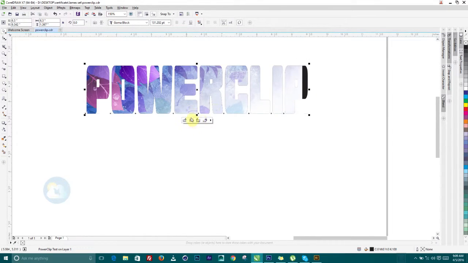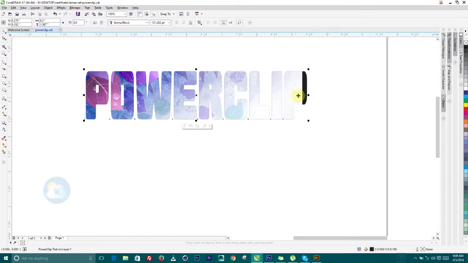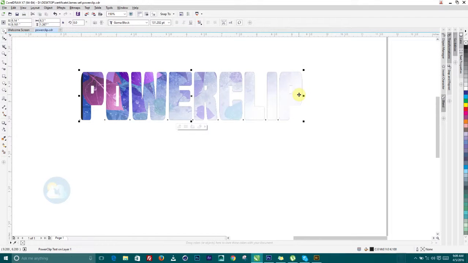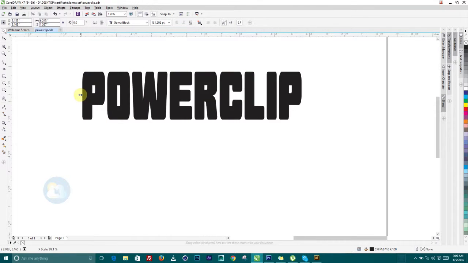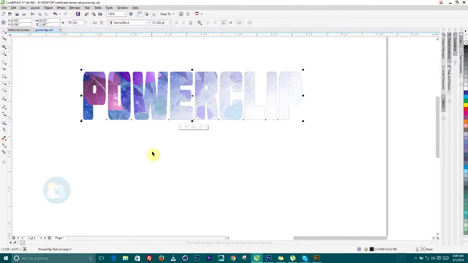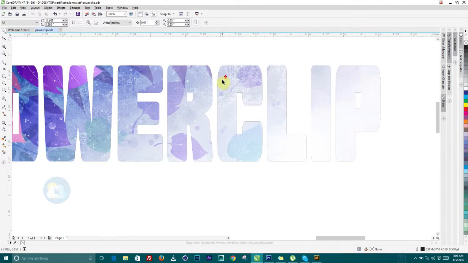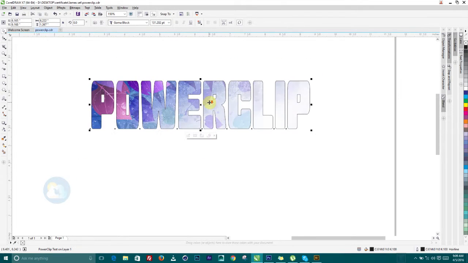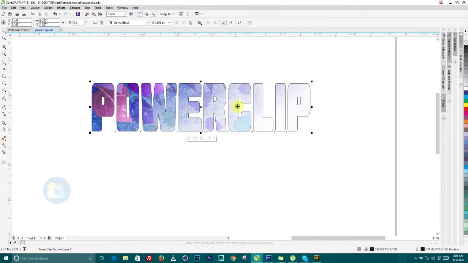And when you are done doing this, all you need to do is to maybe use it for one of your graphics artwork, or however you want to use it. So this is how you can power clip inside of CorelDRAW. So let's now move on to the other applications. And also don't forget, you can still give it a line color by right clicking on any of your colors, just to bring out the highlight. So we have this nice image inside of this text.